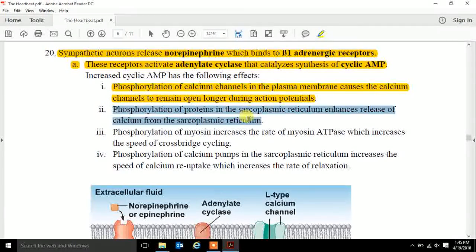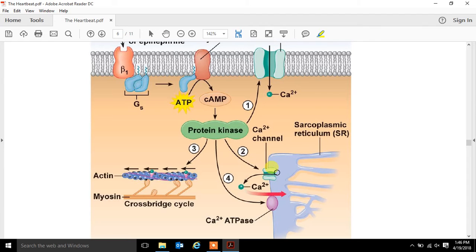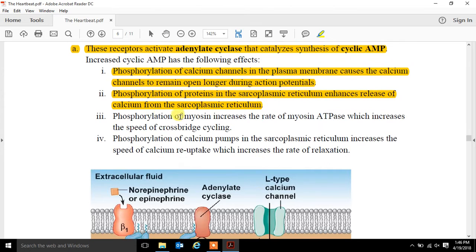It's going to phosphorylate, or promote the phosphorylation of, proteins at the sarcoplasmic reticulum, which is going to help enhance the release of calcium from the SR. So that's point 2 here. So here's our SR. It's going to help this process in calcium release. It's going to increase the rate of myosin ATPase, which increases the speed of cross-bridge cycling. And phosphorylation of calcium pumps in the SR to increase the speed of calcium reuptake, which is going to improve the